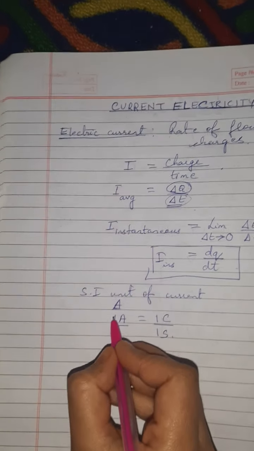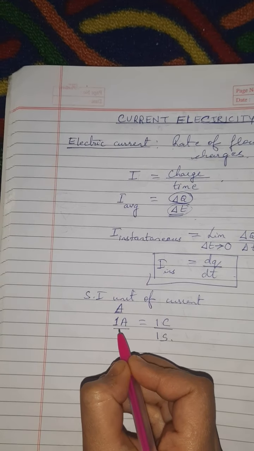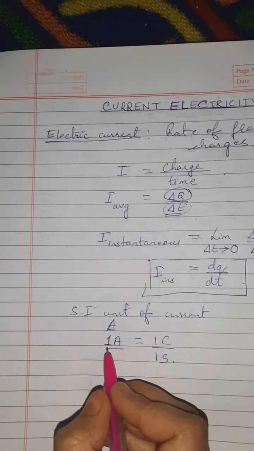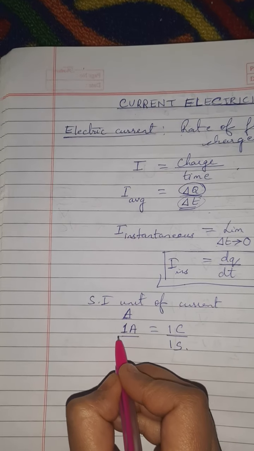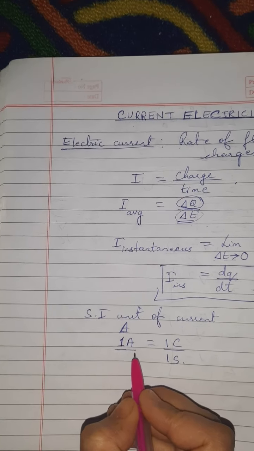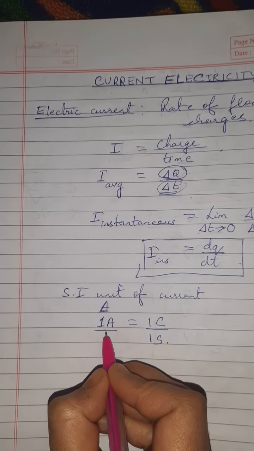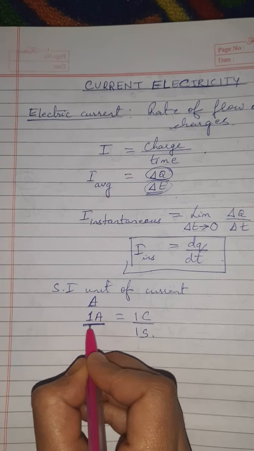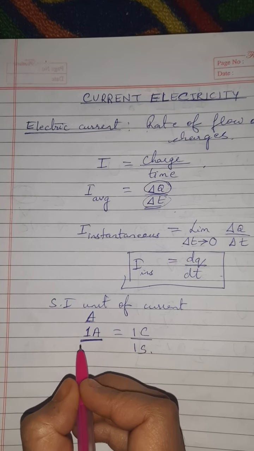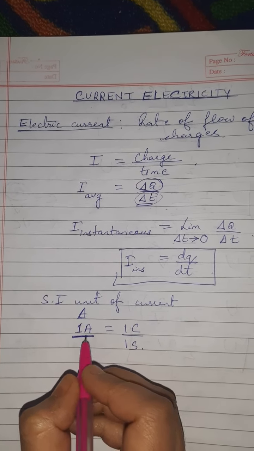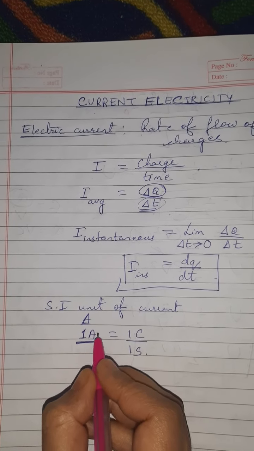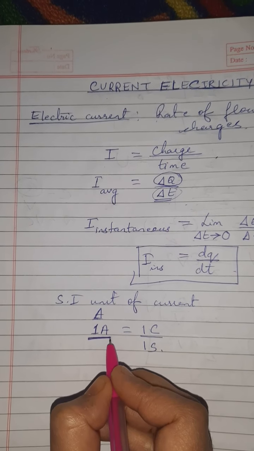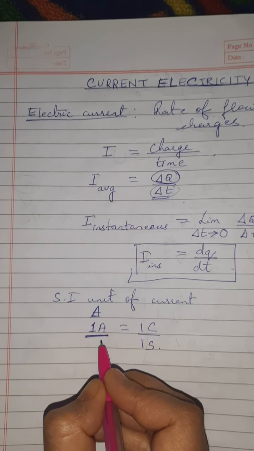And to know whether this current electricity is a scalar or a vector quantity, it is a scalar quantity. Now you may wonder why it is a scalar quantity, because we consider the direction as well of this electric current, but that is not enough to define it as a vector quantity, because it has to follow the vector law of addition, which it does not. That means current electricity does not follow the vector law of addition. That is why it is not considered to be a vector quantity. It is considered to be a scalar quantity.